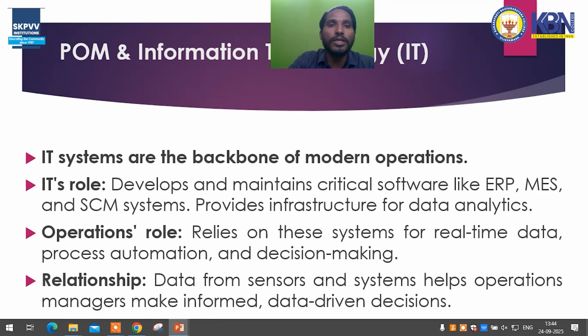And coming to information technology. Information systems are the backbone of modern operations. IT's role is to develop and maintain critical software like ERP, Enterprise Resource Planning, MES, and supply chain management systems, and provide infrastructure for data analytics. Operations' role relies on these systems for real-time data, processes, automation, and decision making. In the relationship with information technology, data from sensors and systems helps operations managers make informed